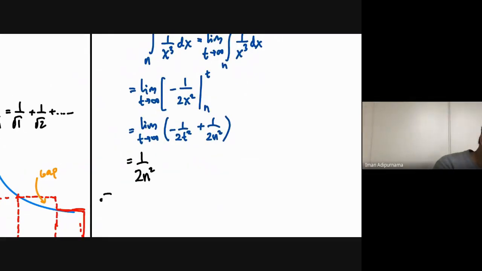So the sum for the first 10 terms, we can write